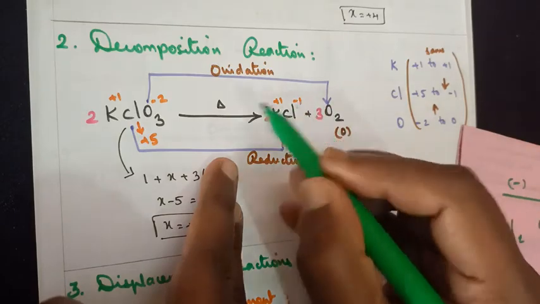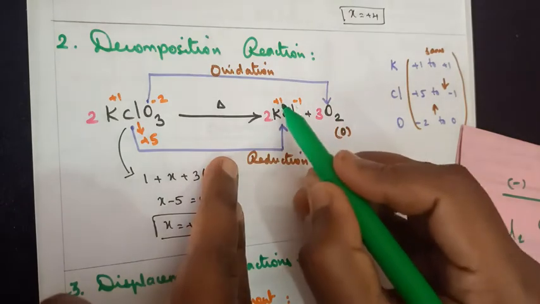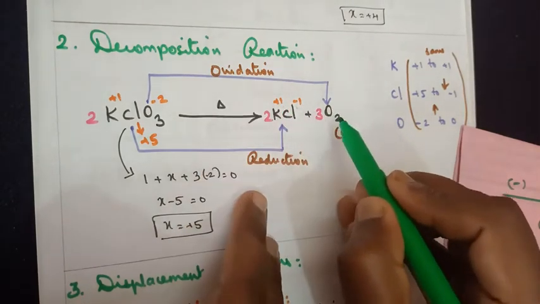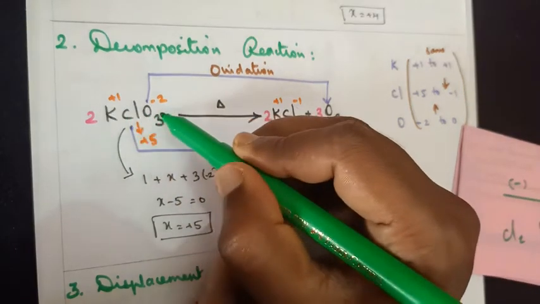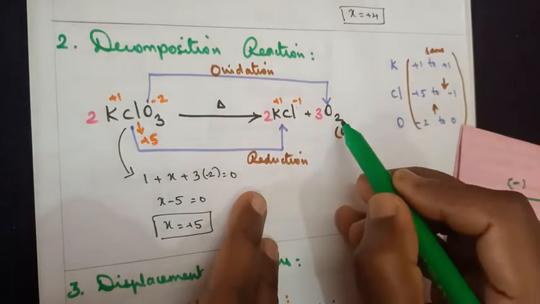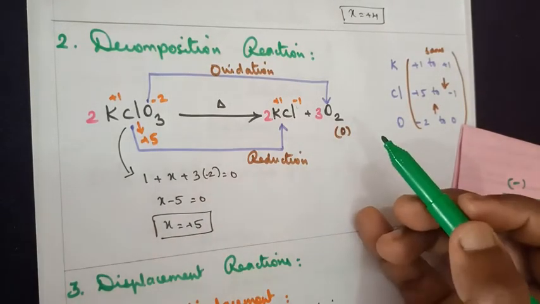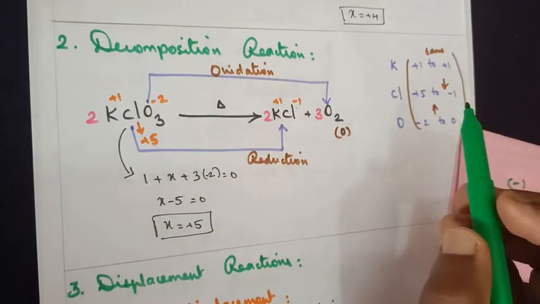If this is minus 1, potassium we know to have a charge of plus 1 here. So we know the charge of these two elements. Looking at oxygen here again, elemental form, pure form. Here it's combined with potassium and chlorine. Here it's in the pure form, so the oxidation number is 0. So all you have to remember is to omit those which have the same oxidation number.